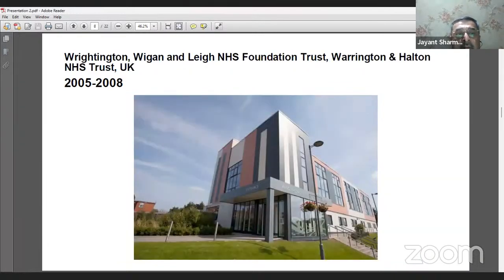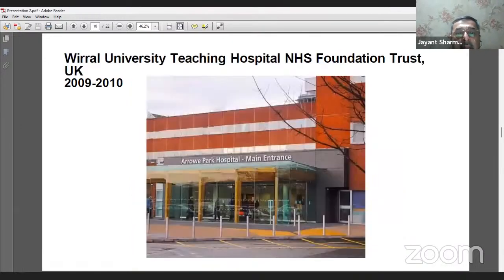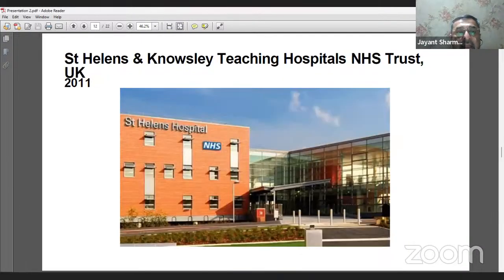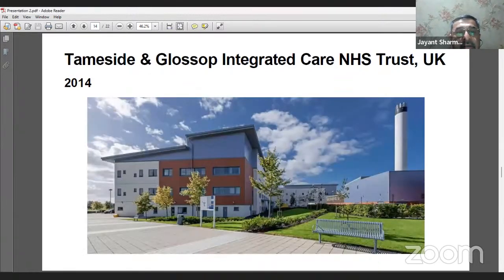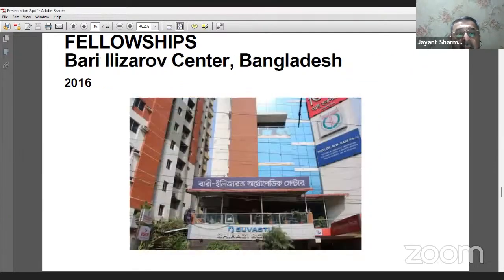Then he went back to the UK for his trials with Reddington's and Halton NHS Trust Hospital, followed by Bolton NHS Foundation Trust, and Royal Manchester Children's Hospital for Charity, St. Helens, a lot of overseas experience, and then he did his fellowship from Kurgan from 14 to 16, and then